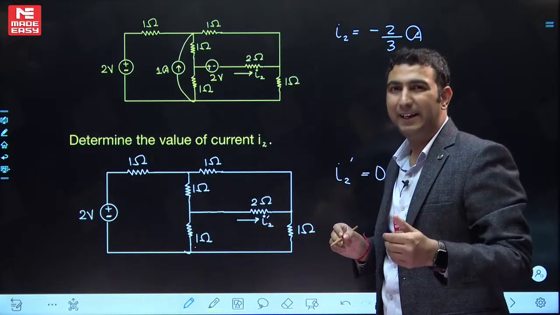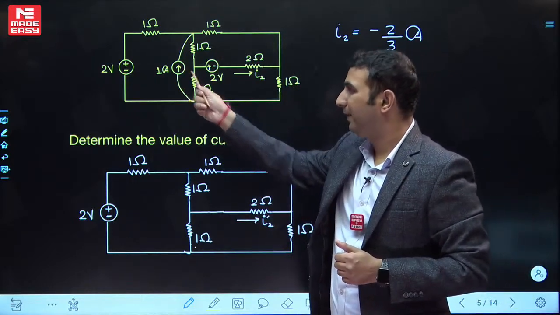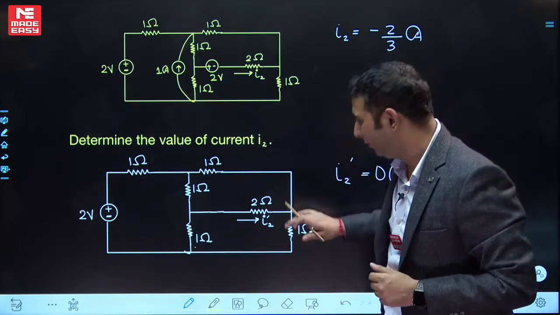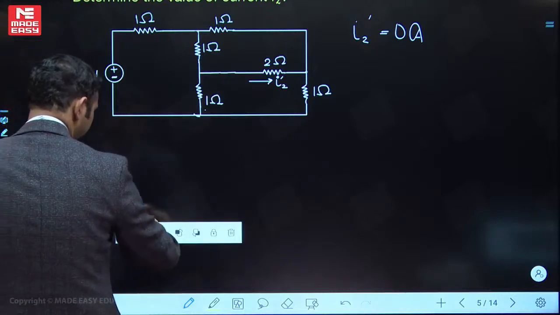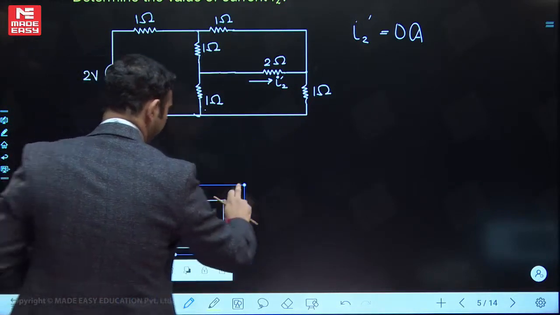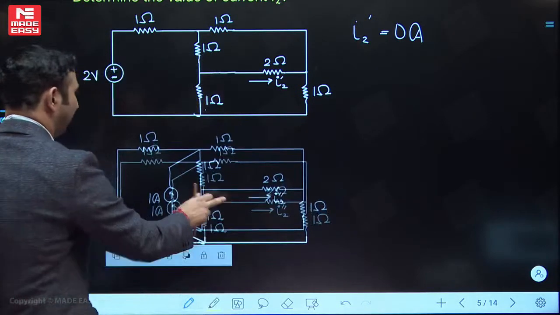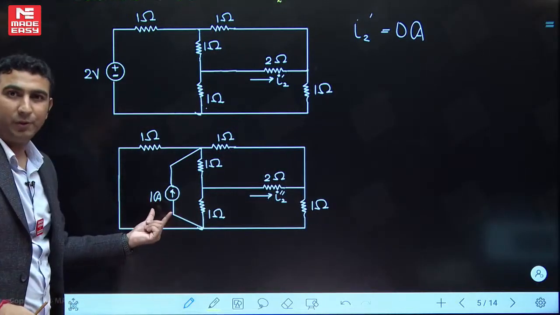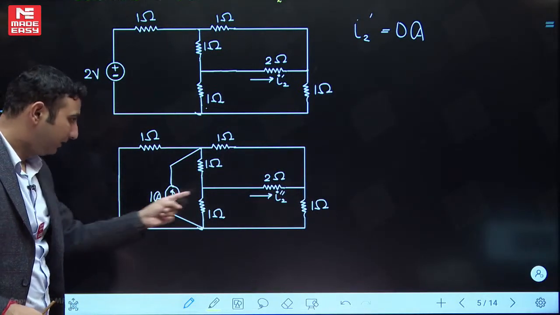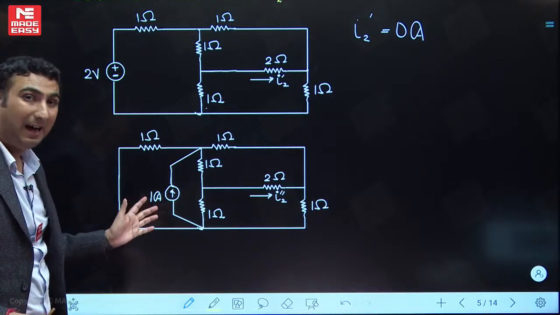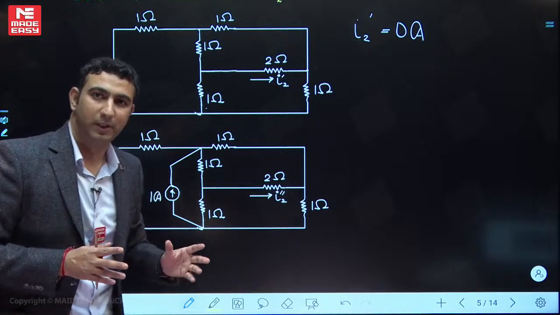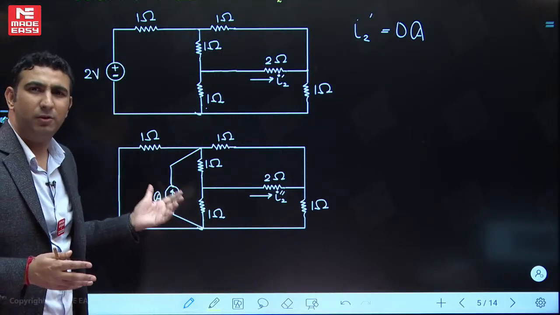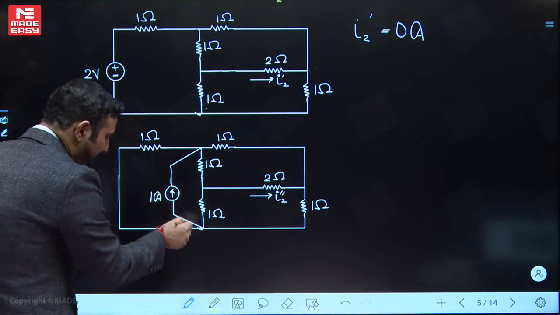Now in the second case, let's activate the 1 ampere current source and let's deactivate the voltage sources. So now 1 ampere current source we have activated, deactivated these two voltage sources. Again it's a bridge. No sir, I have always seen the bridge with a voltage source and a current source. I am getting a little bit confused. It's not at all a problem. Only concentrate on this portion.